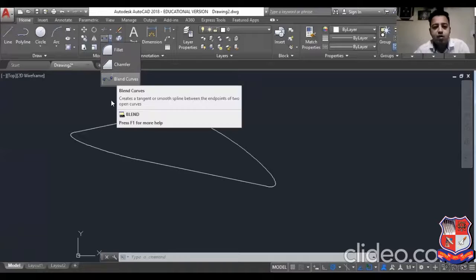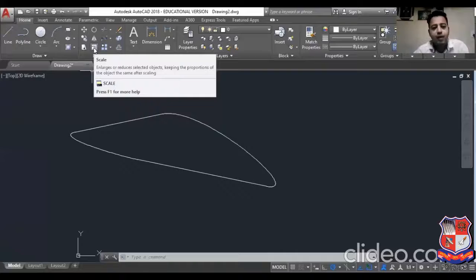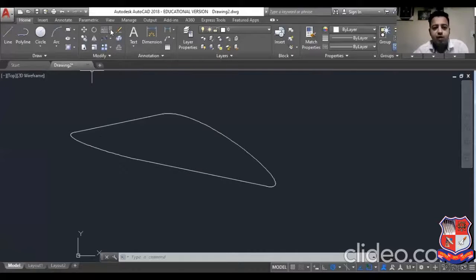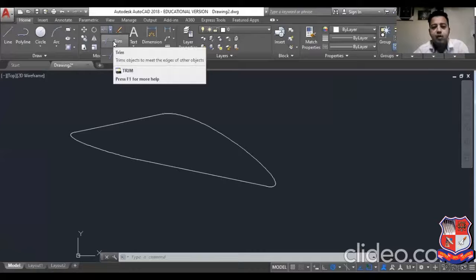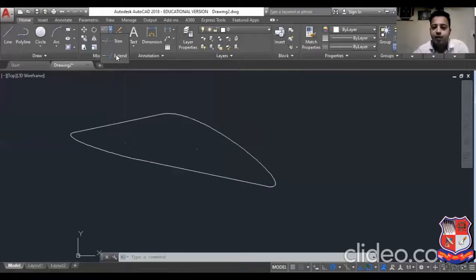Today we have seen the stretch command, then the scale command, with the copy and reference tools. We have also seen trim, and in trim we have seen the fence tool, then crossing, then edge. The same command we have seen in the toolbar. Then we have seen the fillet tool.